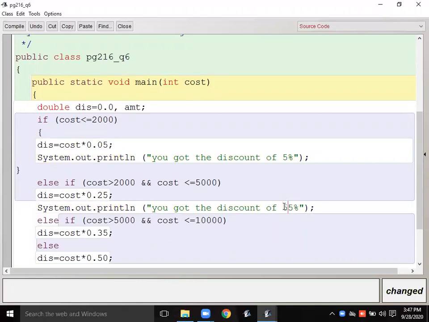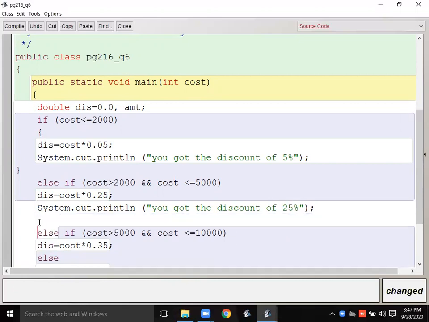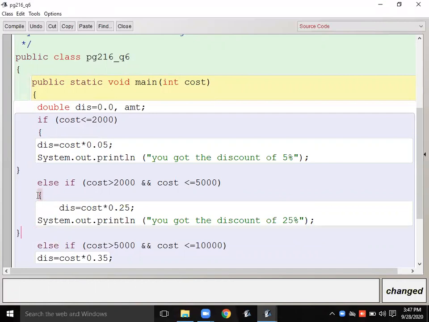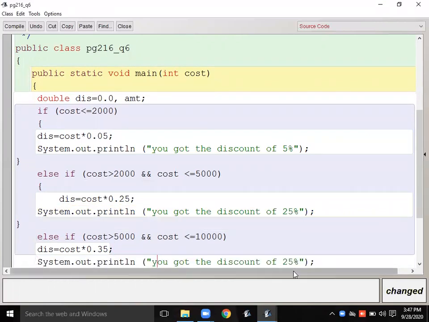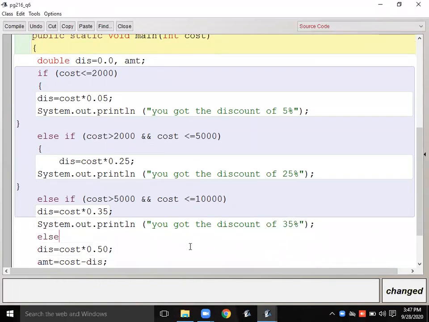This is 25%, I think. What you have to keep in mind is that if I want to execute more than one statement in the if block, then I have to form these blocks. Okay, these blocks are necessary for them. Then after it, if your cost is 35, okay, so here I can display the message. Calculation is already done. Okay, then